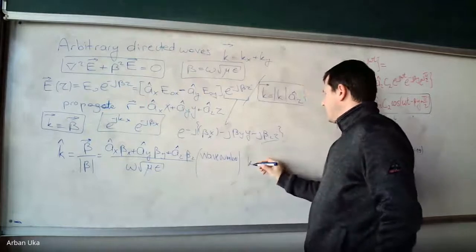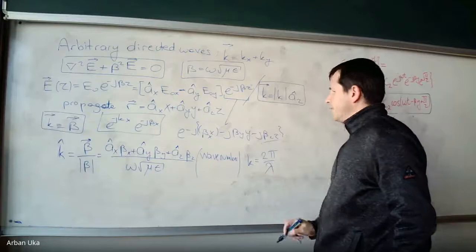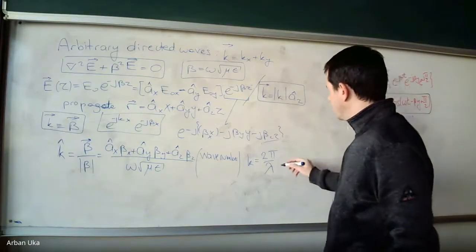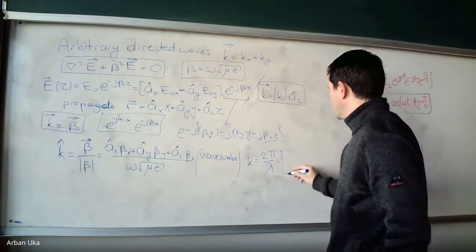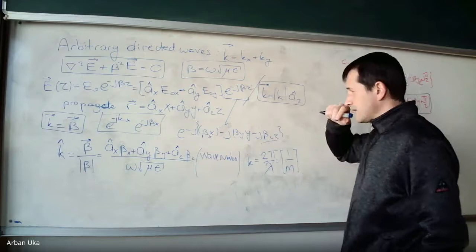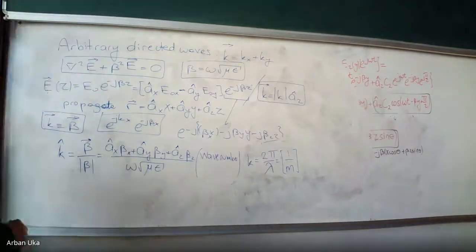So k is equal to 2 pi over lambda. Okay? So the unit of the wave number is in fact measured in 1 over meters. We can write this as 1 over meter, or meter inverse. And now we can argue that